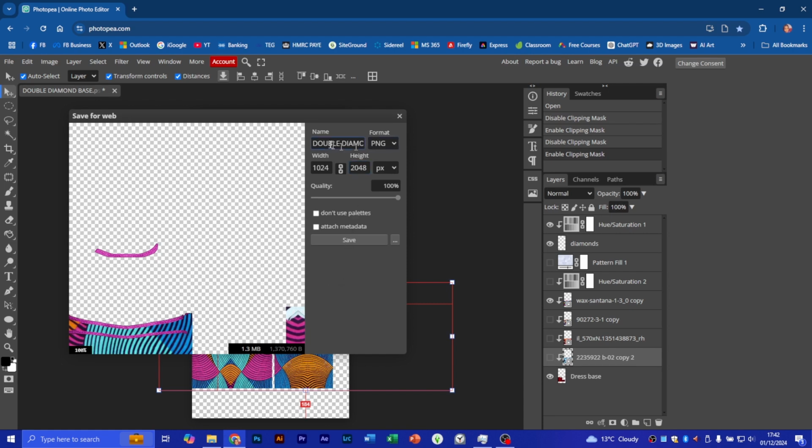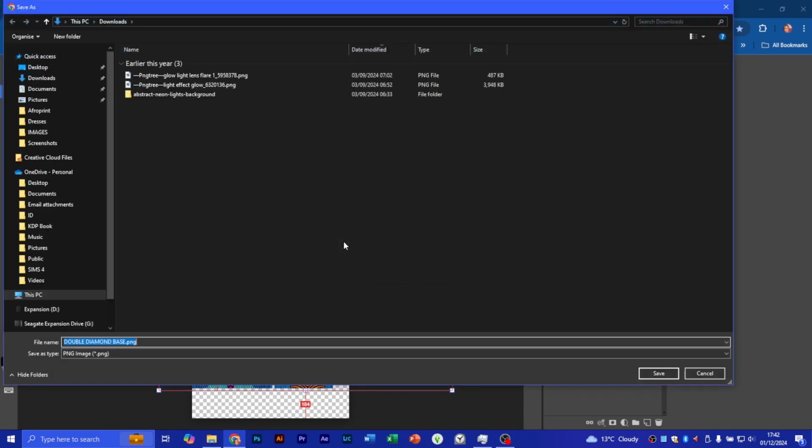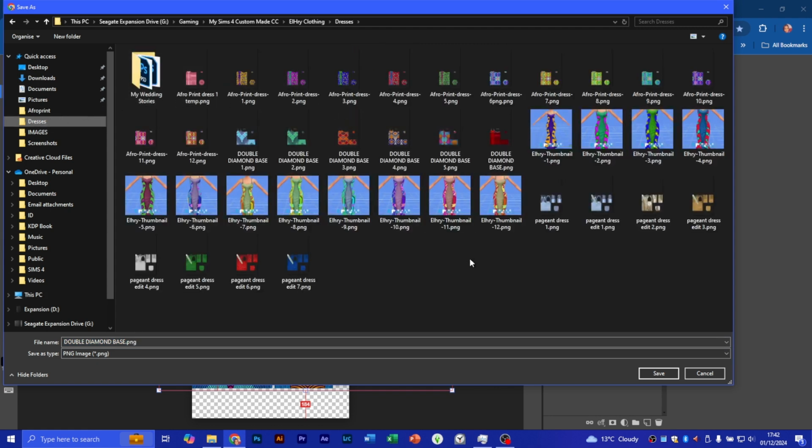It will show you even the name, so if you want to rename it to whatever you want to name it to, you can rename it from here, or you can rename it when you decide to save it. And when you click save, obviously it's not like Photoshop where it's going to just go ahead and save it to wherever. You basically have to find the place where you want to save the item, and here it's in dresses obviously,